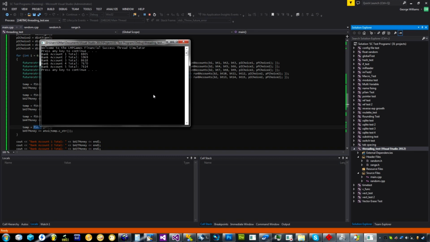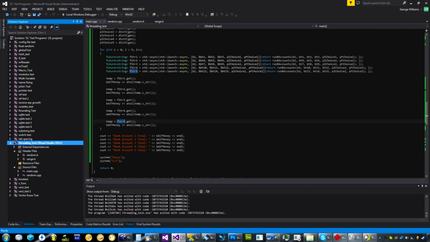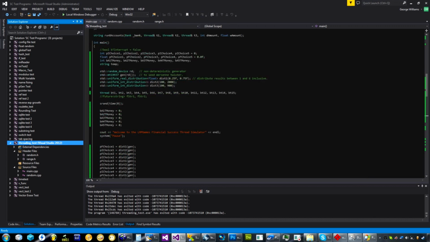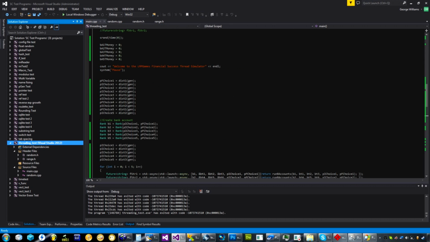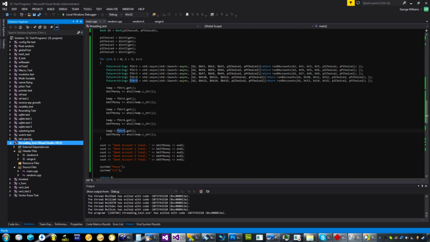All those ones that hit 2,000 must have dropped out really early. Well, these other ones that take a little bit longer were ones that lasted longer during the loops. So yeah, you kind of get an idea how threading works now. And this could be extended out almost infinitely. I mean, eventually you get to a point to where you'd